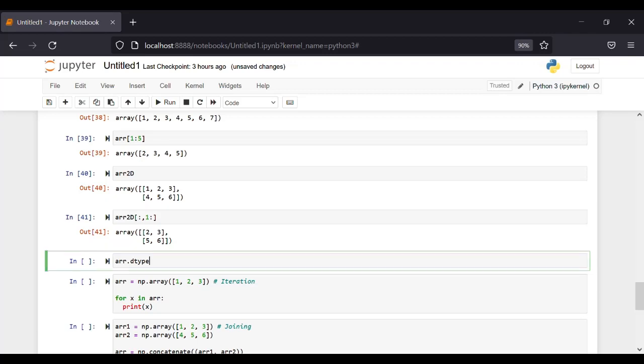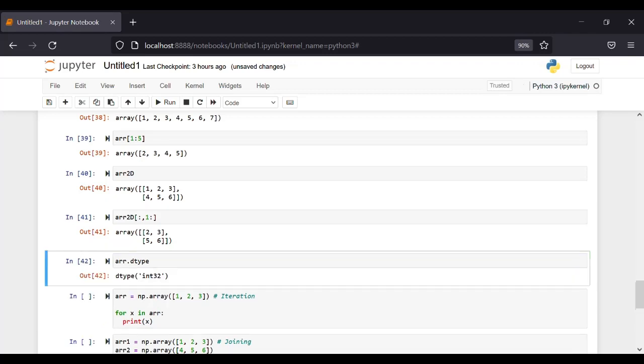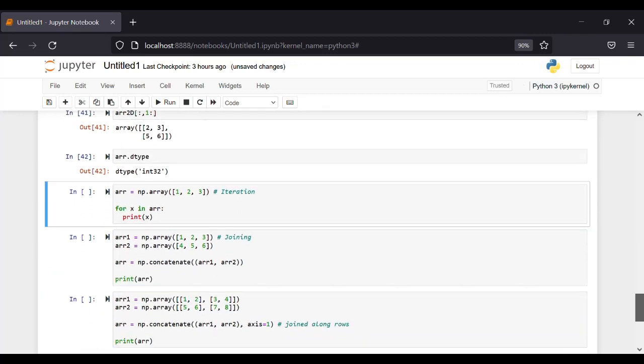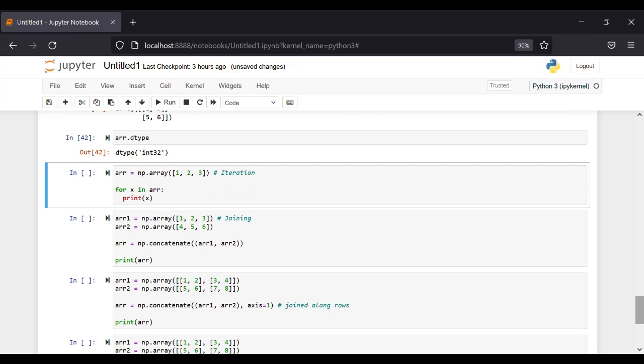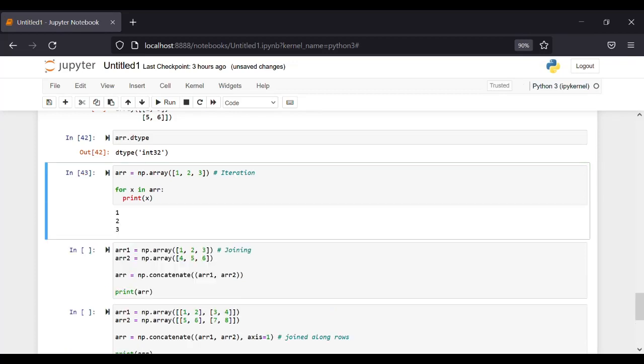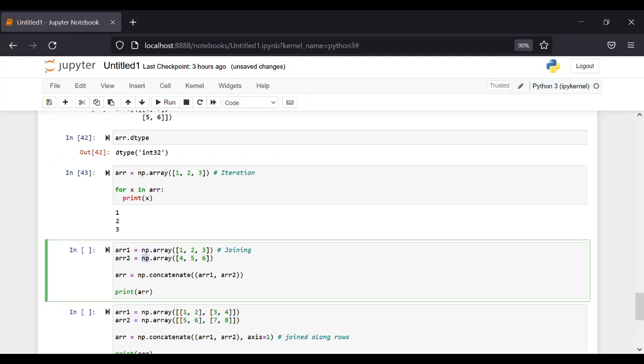And we can check the data types also. Data type of an array, and we can use arrays in for loops. We can use joining arrays. We can do iterations. All these things we can do. So this is a for loop that I have written for getting each and every element in an array. I have taken 2 arrays over here and I want to join both. So I have used a